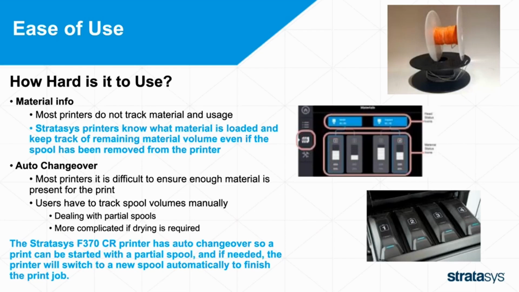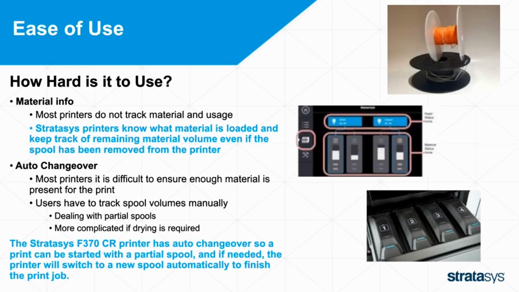It tells you what type of material is loaded, how much material is remaining, and even if that spool has been removed because you switched to another material, you put that spool back in, it keeps track of that material volume. So another nice benefit to the F370 CR is that it has auto changeover,